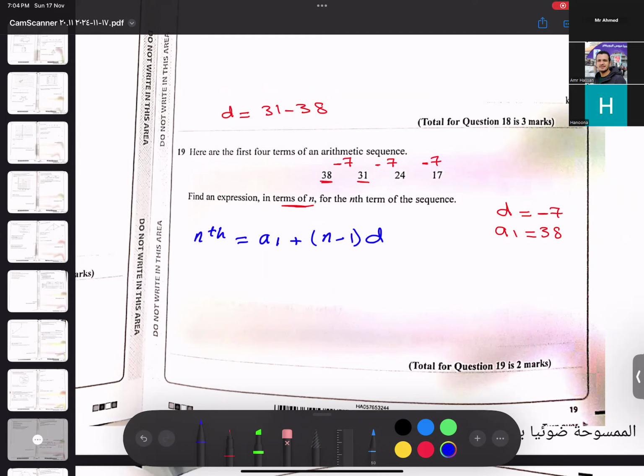Are you writing this down with me? What does a1 stand for? 38. Let me write down 38. Plus n minus 1 times the difference. What does the difference stand for? Minus 7. Let me write down minus 7, right? Okay, and then minus 7 times